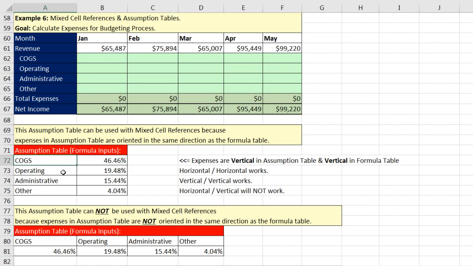Now down here we have our 4 costs, and here are those percentages we just calculated above. Here's our budgeted income statement, and this is in essence our projections for January through May. We already have our revenues, and I already have the formula for total expenses and our net income. So the only formula we're going to do here is to calculate cost of goods sold, operating, administrative, and other